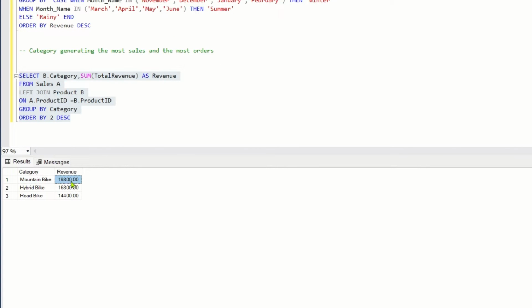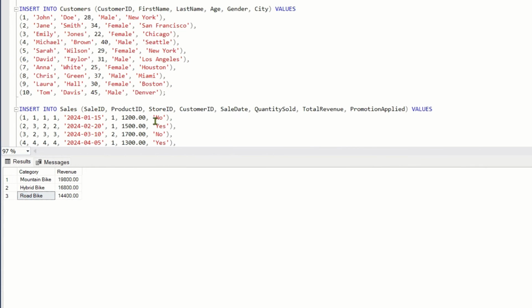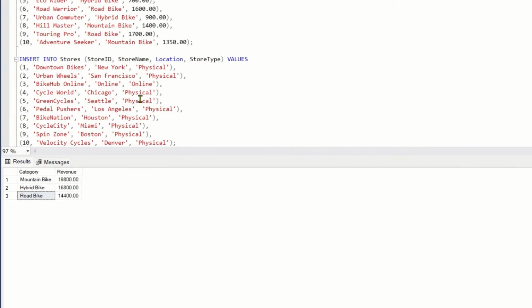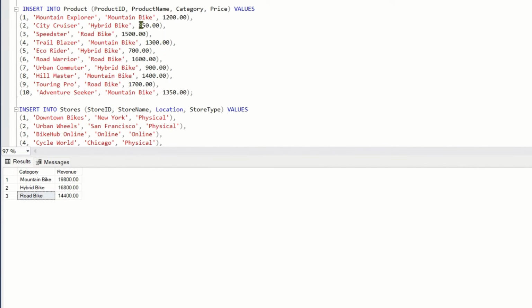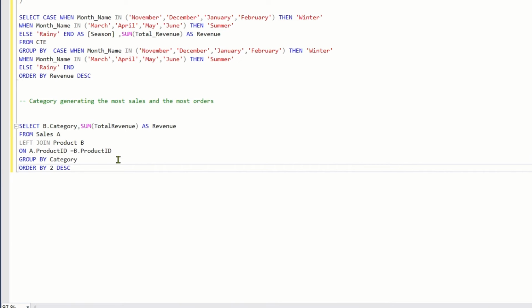Mountain bike is generating the most revenue, hybrid bike is second, and road bike is third. So from this data what you can understand is that people are more interested in mountain bikes and less interested in road bikes, and that's the revenue it is generating. That's what the stats are showing. And next is category generating